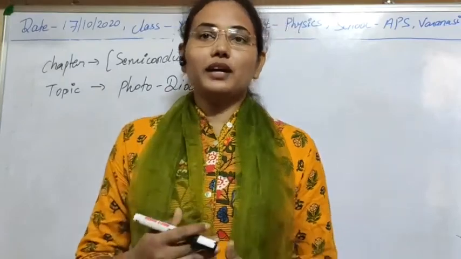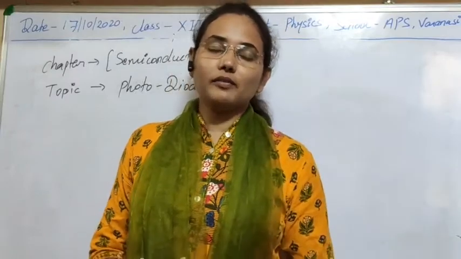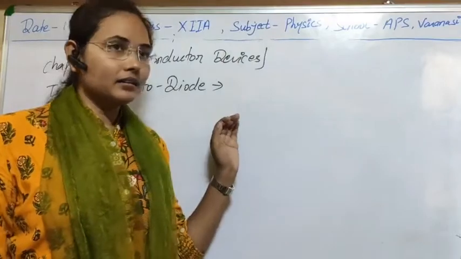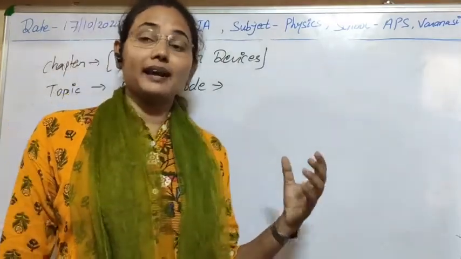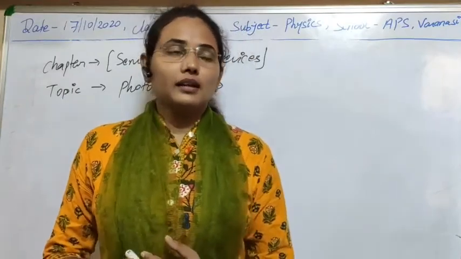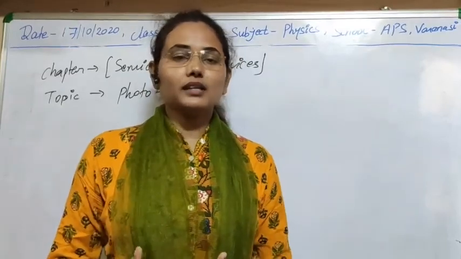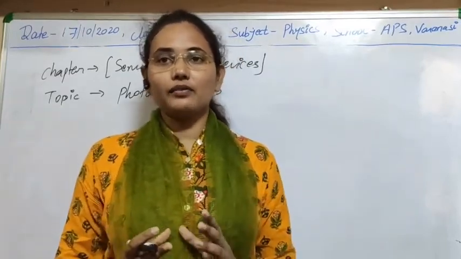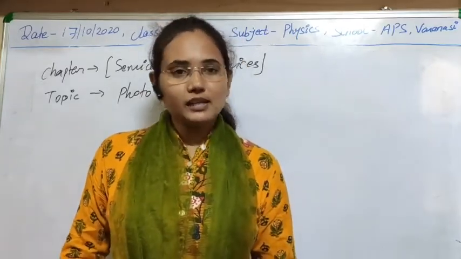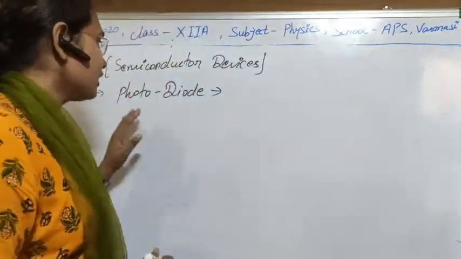As I've told you, in case of a photodiode, we use the reverse bias characteristics of the PN junction diode. It means that if we put the diode in reverse bias and now allow light to fall on the junction, then due to that light, if there is breakage of covalent bonds taking place, that type of diode is known as a photodiode. And if we connect it in forward bias, then that will be the case of a solar cell. Later I will tell you that case, but first, what is a photodiode?